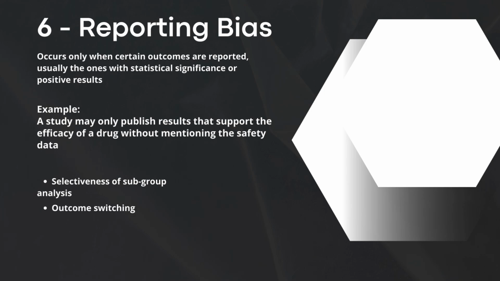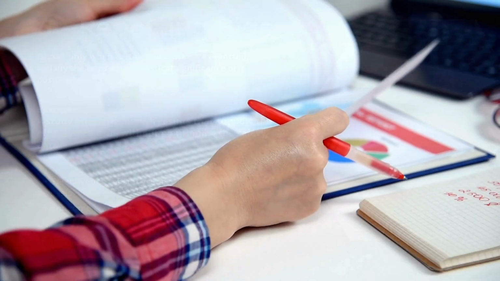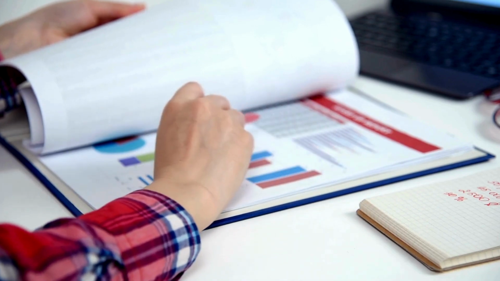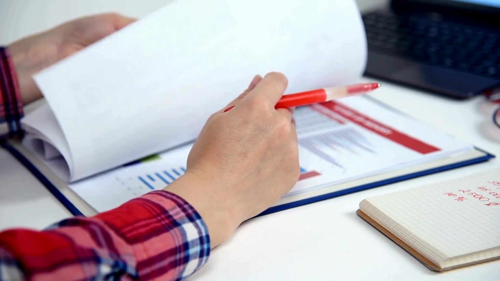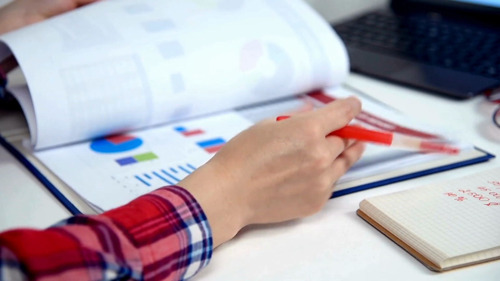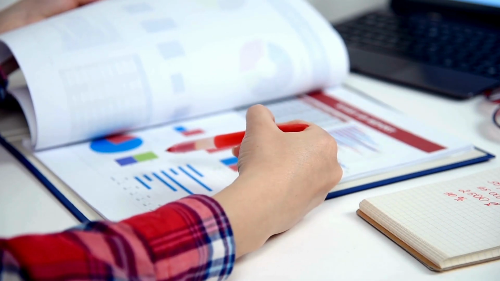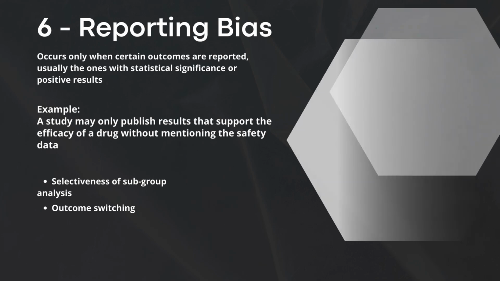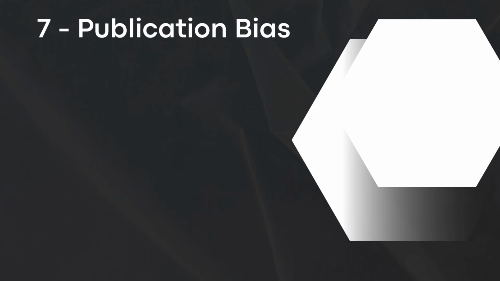Outcome switching also can happen. Changing the primary outcome of the study after data collection begins can introduce reporting bias. How? This happens when a change in the primary outcome of the study is made based on results observed from an interim analysis, for example. The seventh and the last type of bias that we will discuss today is the publication